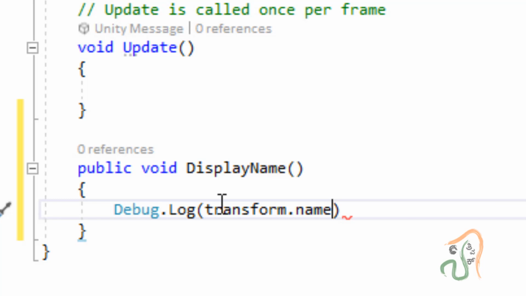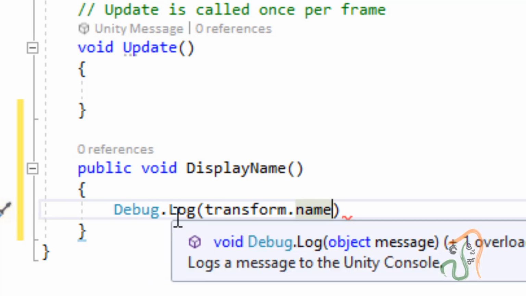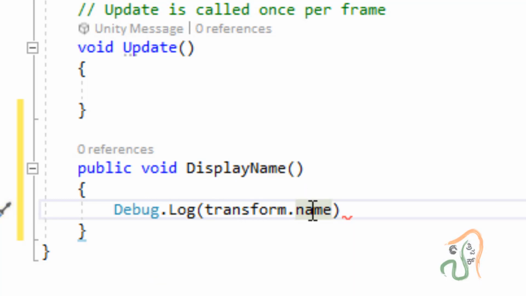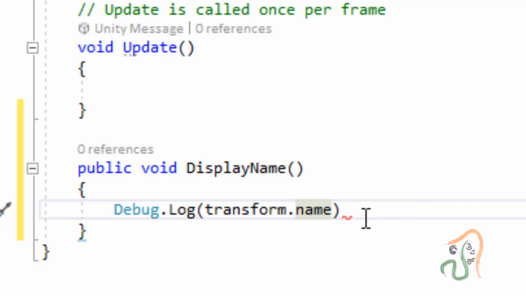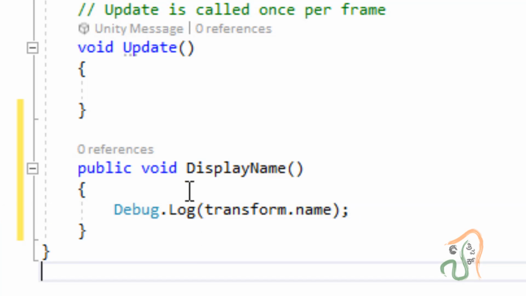This debug.log should print the name of the game object to which we are raycasting or to which we are looking. Okay, after this end it with semicolon. So we have created one display name method, and we have given the value debug.log is equal to transform.name.